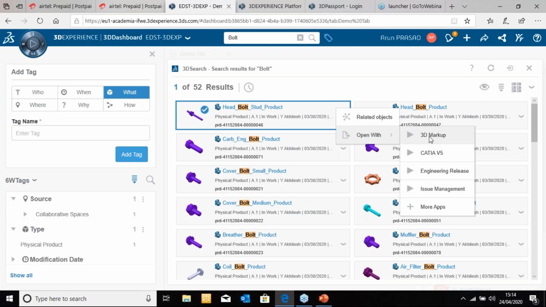So if I just click on the 3D markup, it will take me to the next window with a viewer for this particular file, and I can have a review of this model. I can invite my manager and ask him to share his feedback on this model. Is there a change that needs to be done on this particular design? Is there any modification? Is there any feedback on this model? Everything is possible in the same screen. I can invite to a meeting and at the same time share my screen with my managers and have access to all these 3D related data.